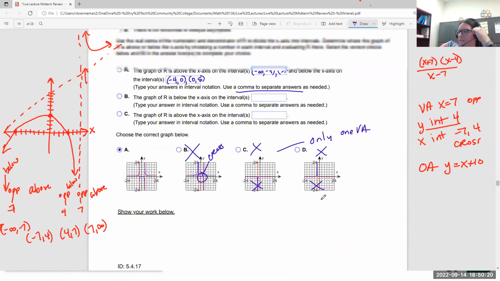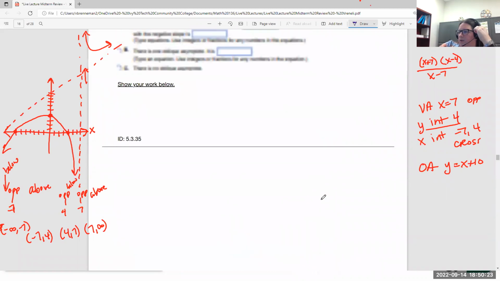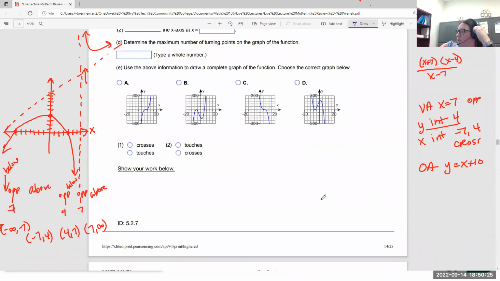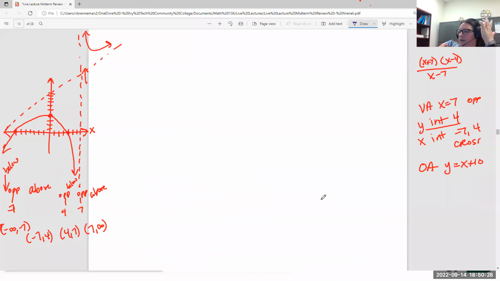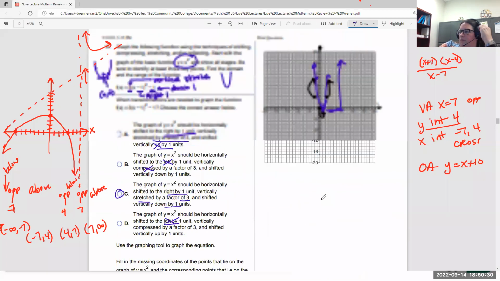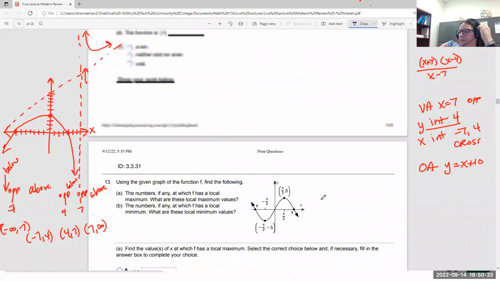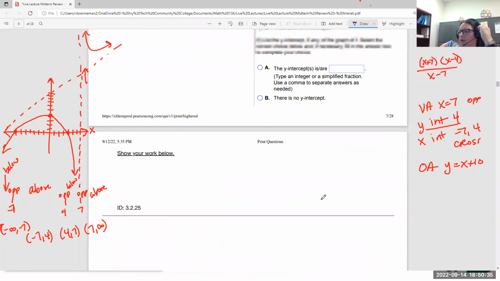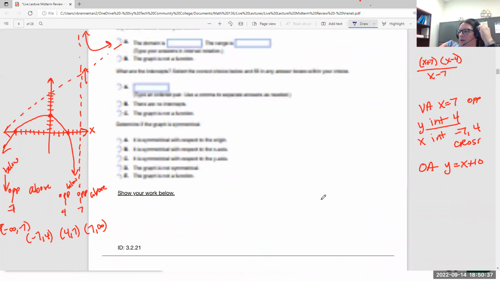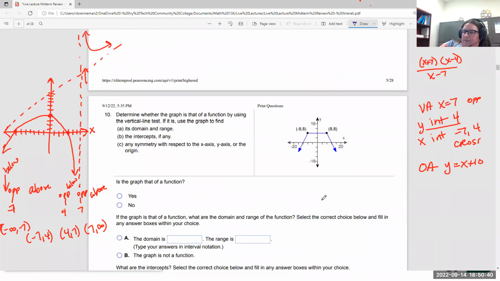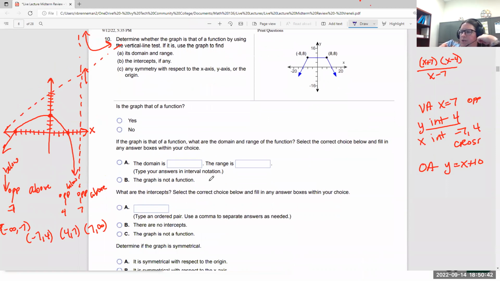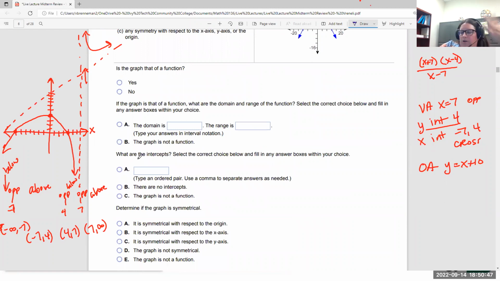Next up, I'm going to look at a question that's identifying characteristics of the graph of a function. So you're given a graph. In fact, you're asked first to figure out, is it a function or not? These ones you have to watch out for, because if it's not a function, then it doesn't want you to actually answer the rest of the questions. But if you mistakenly say it's not a function and then don't answer the rest of the questions, you've immediately